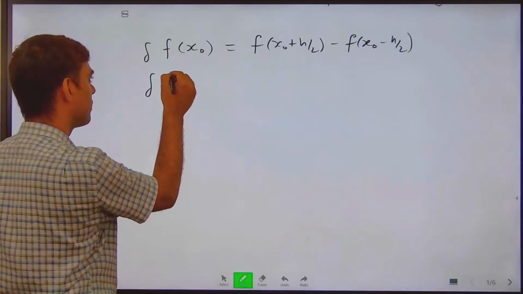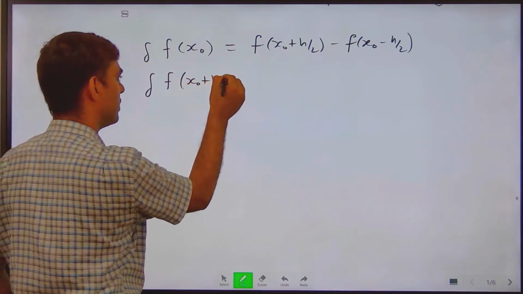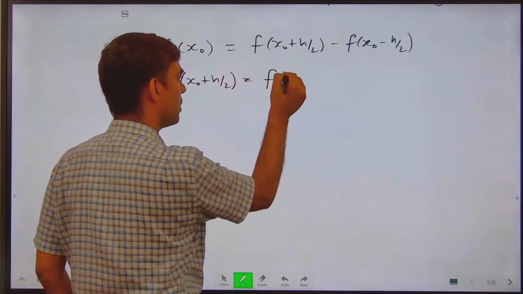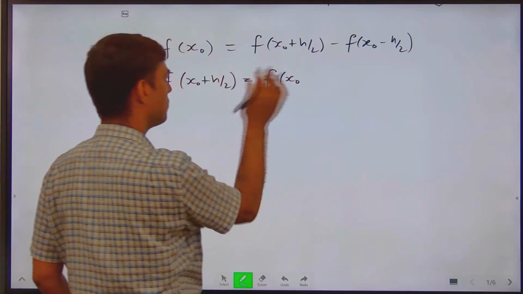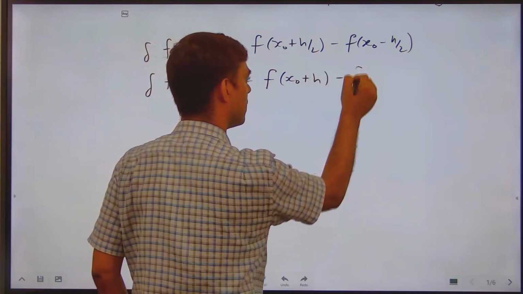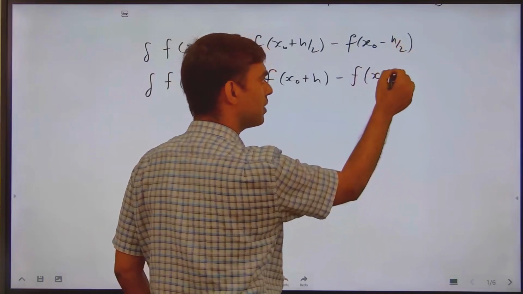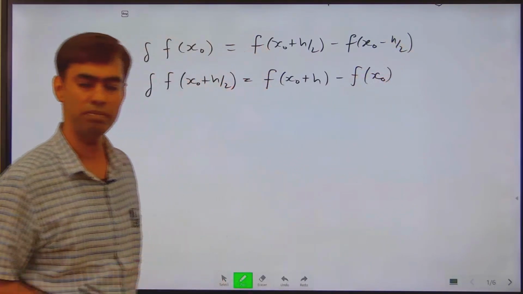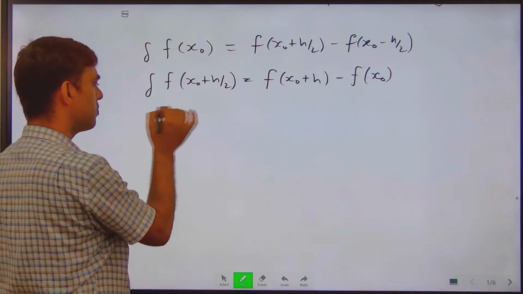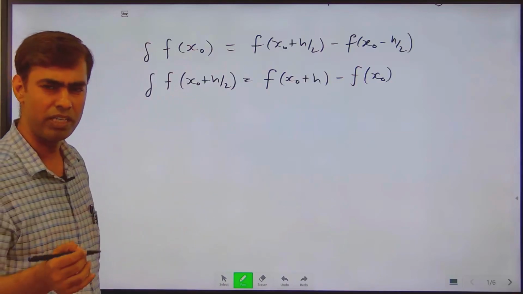So this becomes f of x0 plus h by 2, and plus h by 2 this becomes h, minus f of x0 plus h by 2 minus h by 2. Then after simplification this becomes f of x0 plus h minus f of x0. So this one is, and if we write in terms of y, meaning y